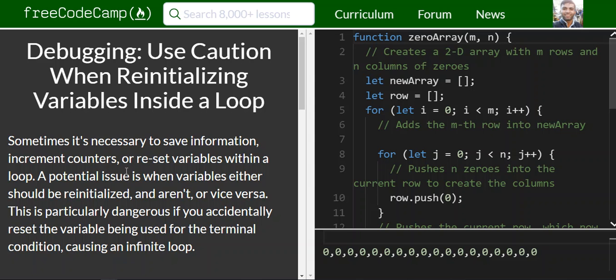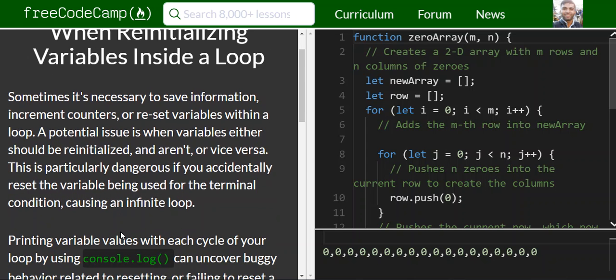A potential issue is when variables either should be reinitialized and aren't, or vice versa. This is particularly dangerous if you accidentally reset the variable being used for the terminal condition,